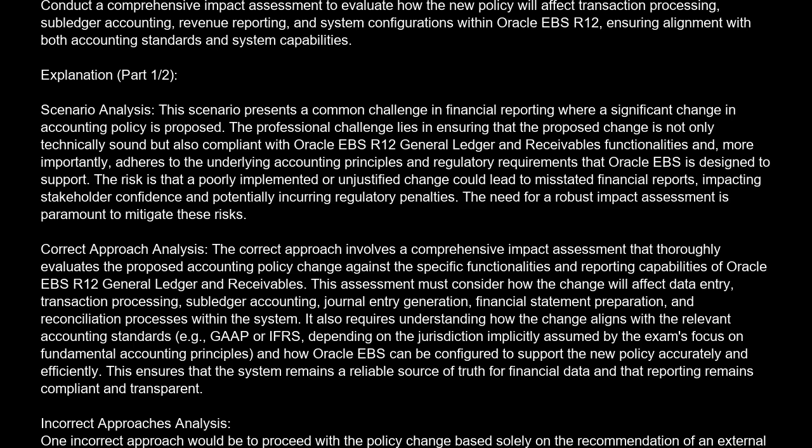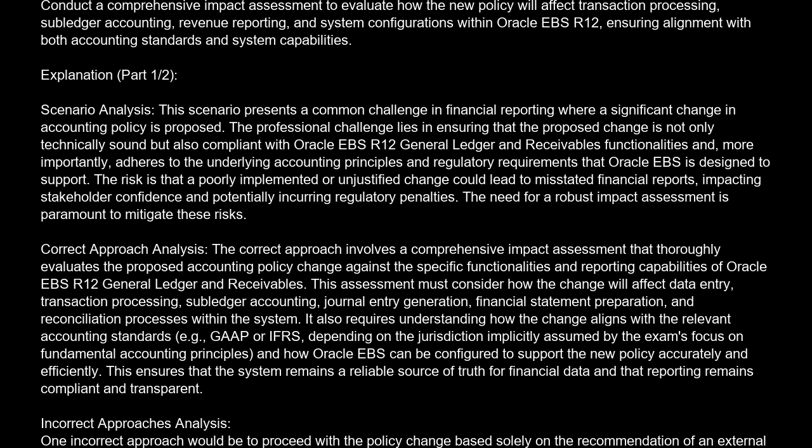The risk is that a poorly implemented or unjustified change could lead to misstated financial reports, impacting stakeholder confidence, and potentially incurring regulatory penalties. The need for a robust impact assessment is paramount to mitigate these risks. Correct approach analysis. The correct approach involves a comprehensive impact assessment that thoroughly evaluates the proposed accounting policy change against